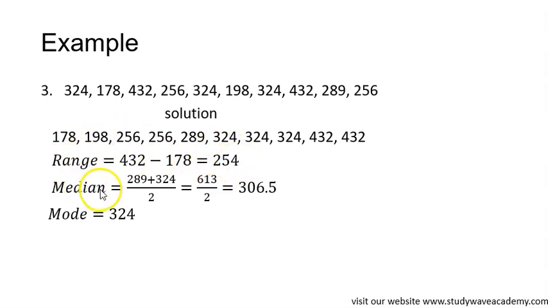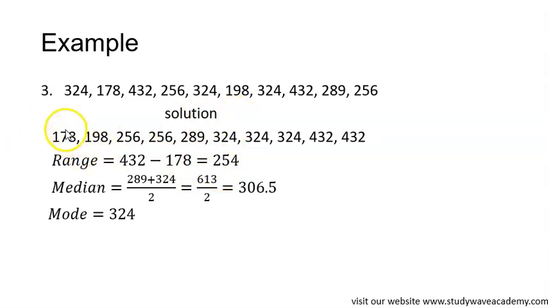Now to get the median, how many numbers do we have? 1, 2, 3, 4, 5, 6, 7, 8, 9, 10. We have 10 numbers here, so the middle is going to be 2 numbers, right? 10 is an even number, so there will be 2 numbers in the middle. When you look for those 2 numbers, you will have 289 plus 324 over 2. Okay,